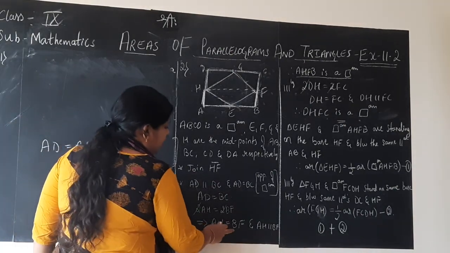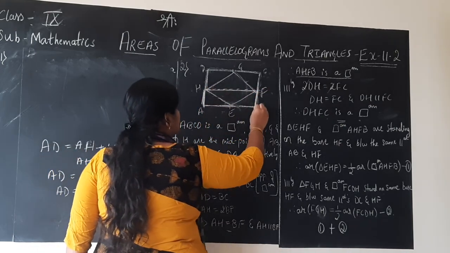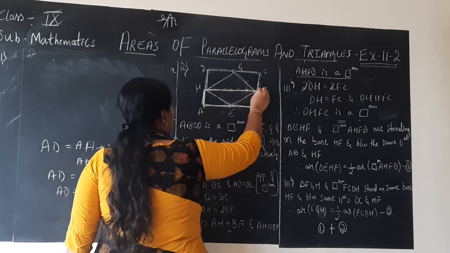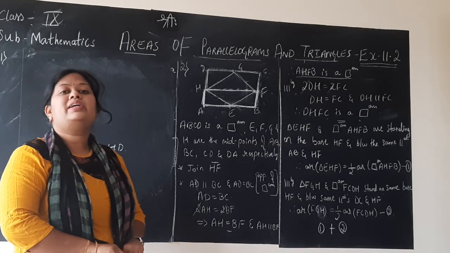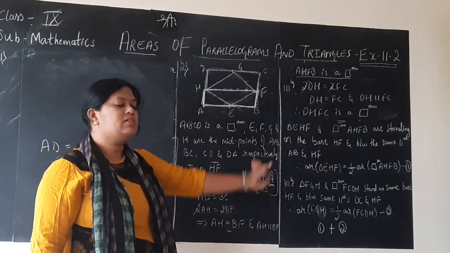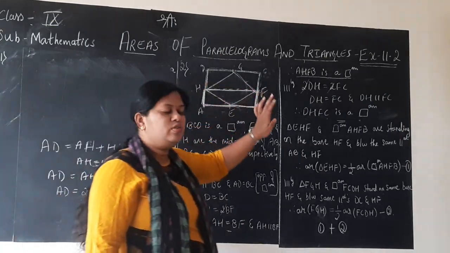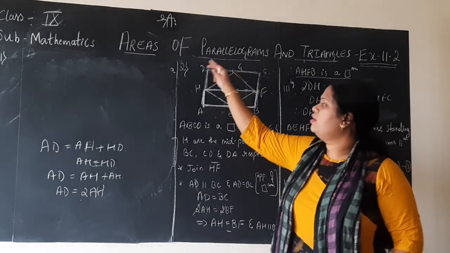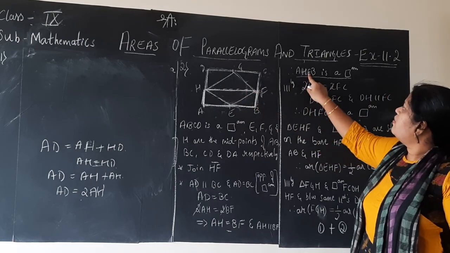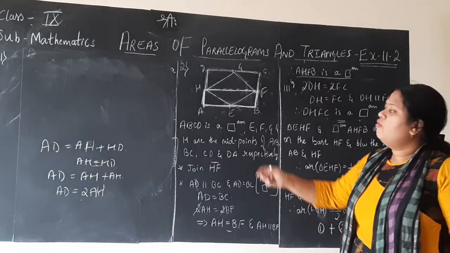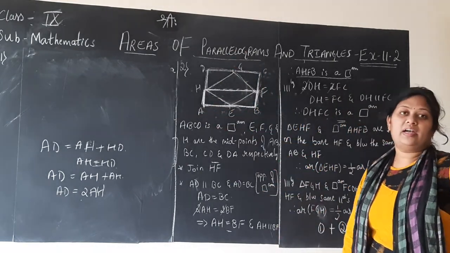So once we prove they are equal and parallel to each other, can we simply say that this second half of the figure, AHFB, is a parallelogram now? How is it a parallelogram? Simply, if you prove AH equals FB and parallel, will it become a parallelogram? Yes, of course. Why? Because these two lengths are nothing but part of the whole parallelogram ABCD, isn't it? So we just now proved AHFB is a parallelogram. Whatever we applied for the lower half of the figure, the same thing we will apply once more to the upper part as well.